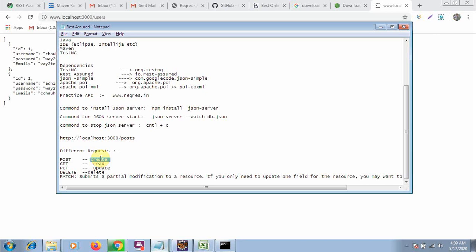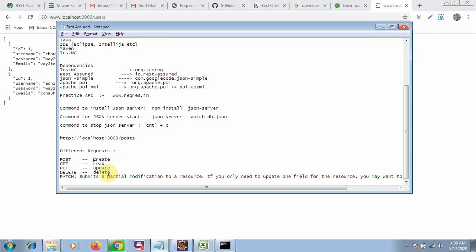Okay, so now the delete command. Delete means you are just deleting some record. When there is some record that you want to delete, we will call this method. Basically, this is not allowed in most organizations. For example, where I am working, it's a world-level MNC, so we are not authorized to run the delete operation.